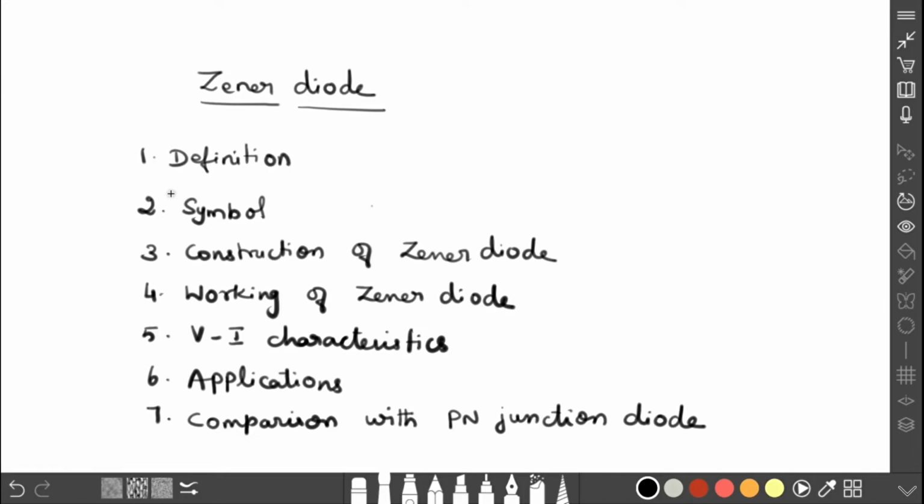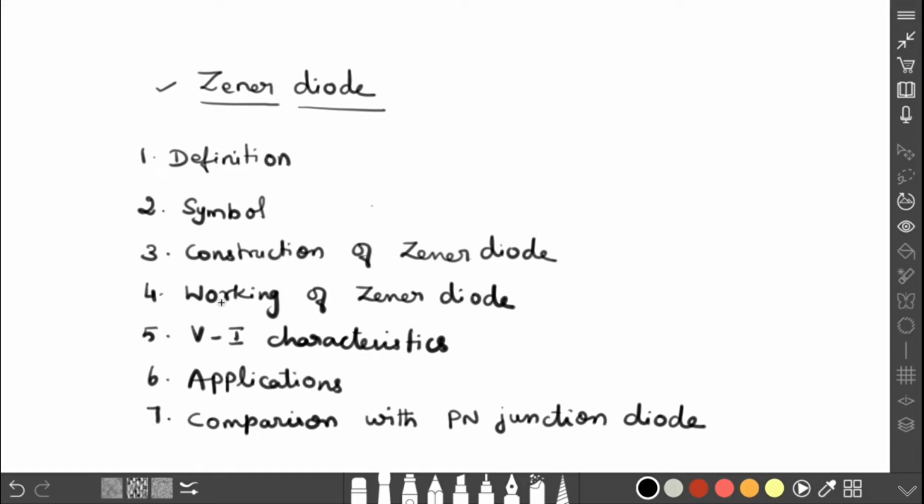Dear students, now we are going to discuss the Zener diode. In the previous videos, we discussed the function of the PN junction diode. So what is the speciality of this Zener diode? What is the definition, symbol, and construction of the Zener diode, and how does it work, and what is the